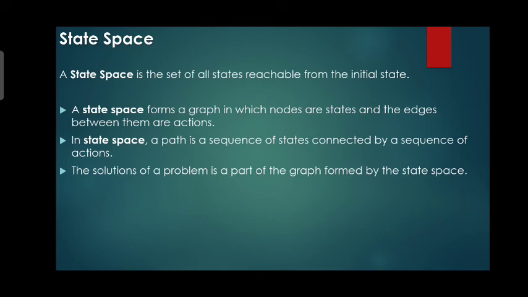Now let's take an example. You are sitting in your home and you want to go to a particular shop to buy something. There may be different paths by which you can go to that shop. You will choose a particular path through which you go to that shop. That particular path is your solution. So a solution is a part of the state space. Basically it is a sequence of states by which you move from your initial state to the goal state. Now we'll see what the structures of a state space are.